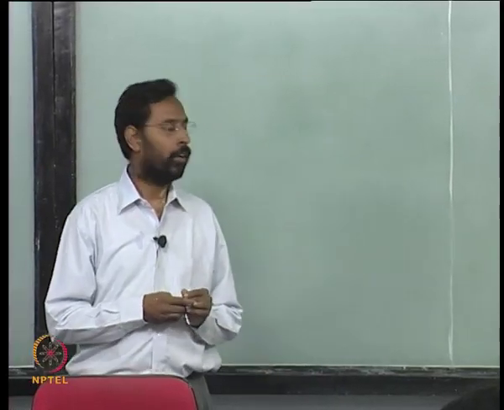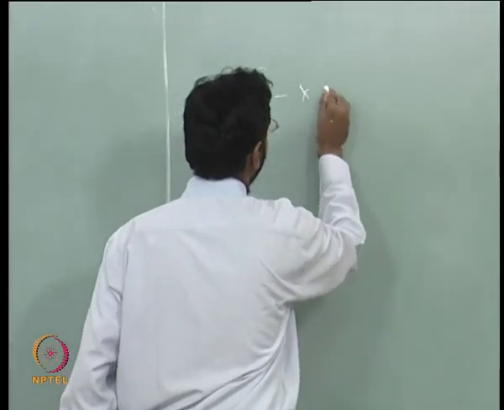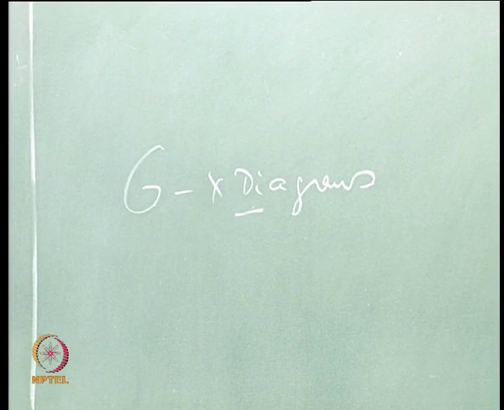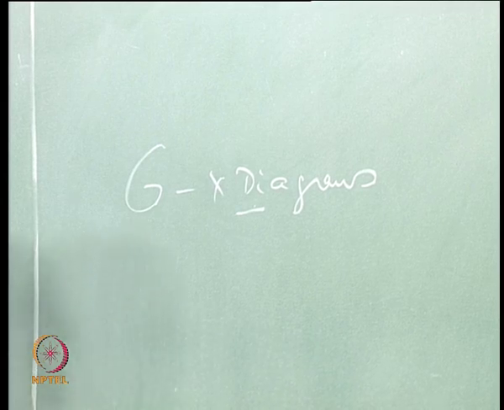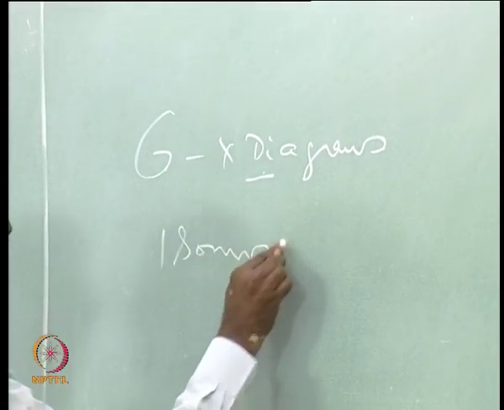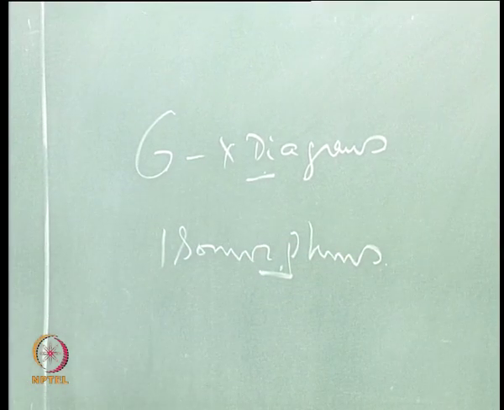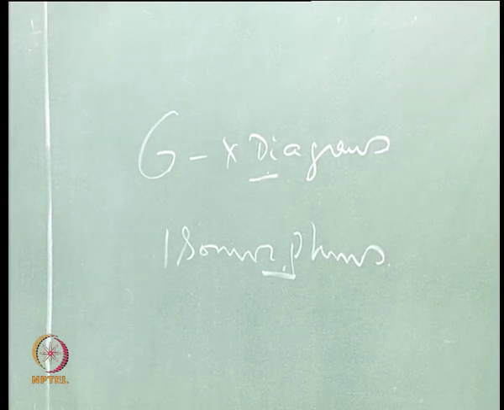So, last class we were talking about free energy composition diagrams. We also looked at how to get free energy composition diagrams, calculate them, and also correlate them to phase diagrams. We took, for example, an isomorphous diagram, and then we looked at how at various temperatures GX diagrams can be obtained by calculation of the free energy